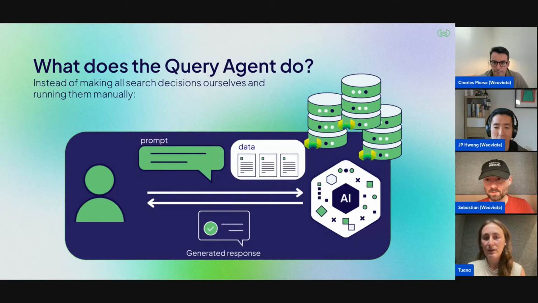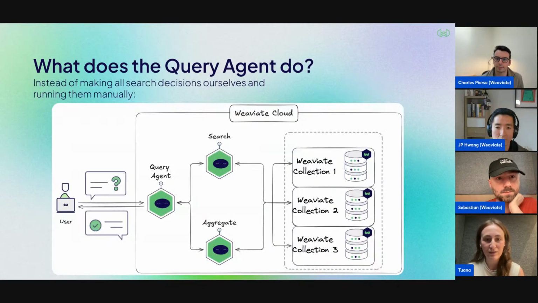The reason for that is we need a bit of a decision step as to which collection to have a look at and which collection to retrieve the most relevant information from. So I would summarize the basic purpose of the query agent being that instead of us making the decisions as to where to look and how to search, we're offloading that cumbersome duty to a large language model who can take the wheel for us.